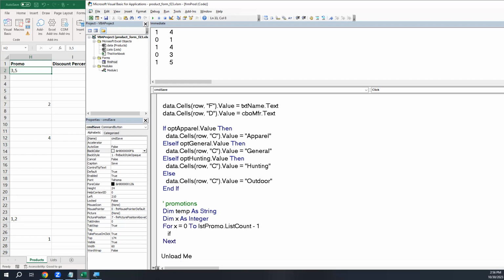And now let's check every single element in the selected array. If it's true, that's an index number that I want to keep track of. So if LST promo dot selected, that true or false array, sub x,